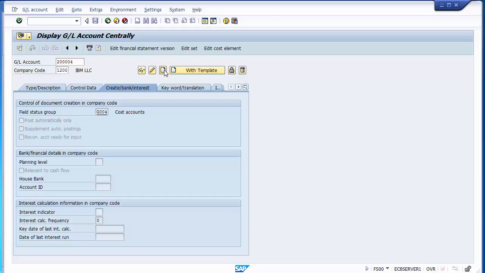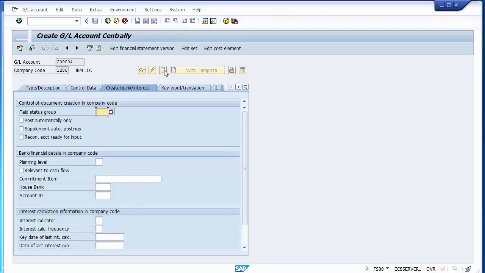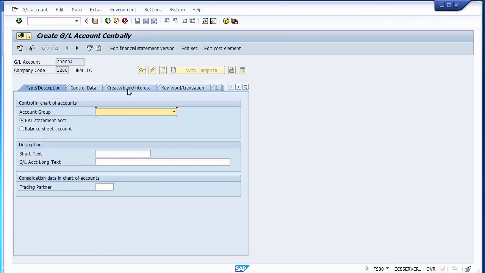We can go to new. Now we can create the description over here. It's a part of liability, so we need to select the liability. Then this is a part of the balance sheet account. We'll select the balance sheet account. Over here we'll be taking salary payable,